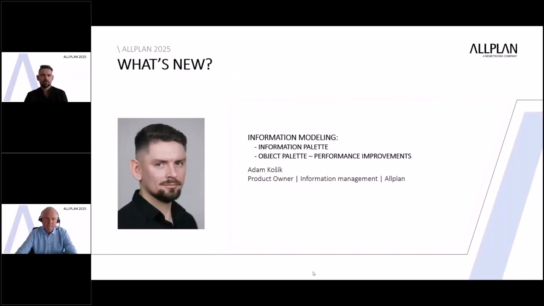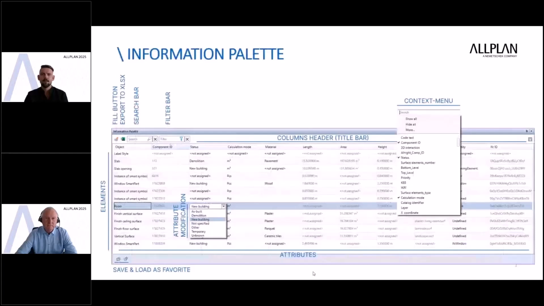In any BIM workflow, non-graphical information plays a crucial role. Users often need to access, modify, and manage metadata and object attributes. And to streamline these tasks and improve efficiency, we have developed a brand new Allplan tool called the Information Palette. This tool allows users to conveniently view, compare, validate, and modify objects and their associated attributes from a single place. By providing simple and fast control over information and adjustments, the Information Palette helps save time, allowing users to focus on other planning activities. And now let's take a look to a short demo.